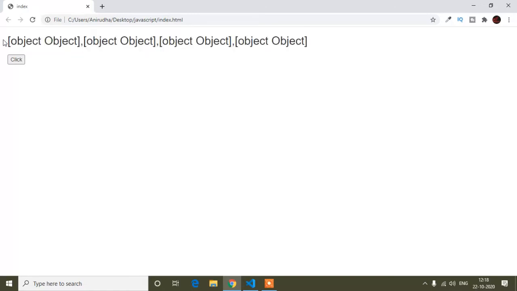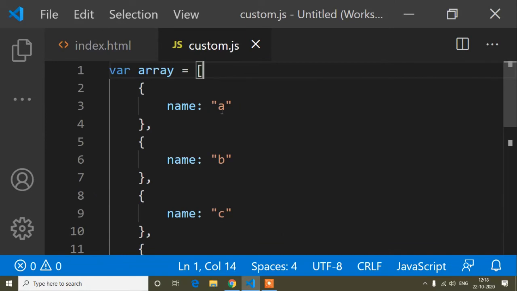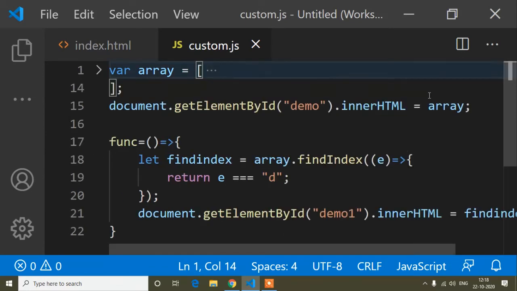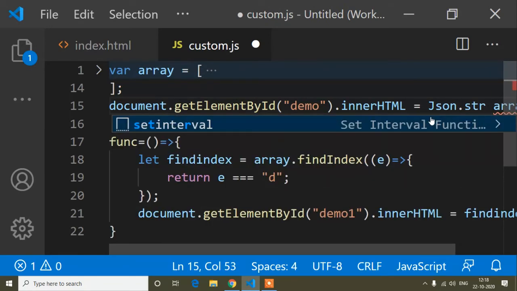So now if I save and refresh here, you can see I am getting object, because when I am creating an object and want to show this object value, I have to convert this array into a string. So for that we use JSON dot stringify method.